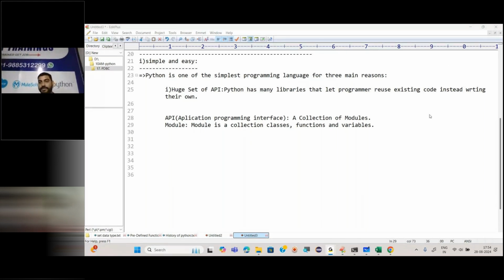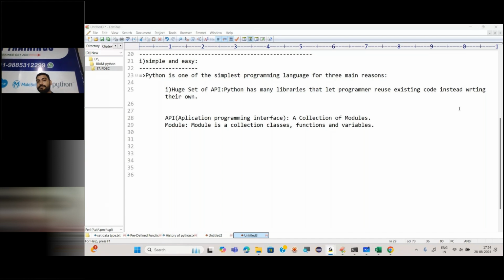How many days to complete Python? Ramakrishna, it is going to take around 3 to 3.5 months. So modules are predefined codes written by others with a specific function that we use. Right, Himanshu, correct.